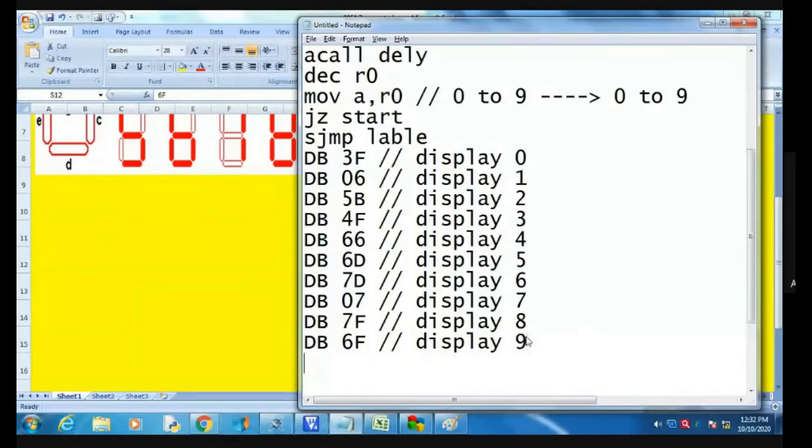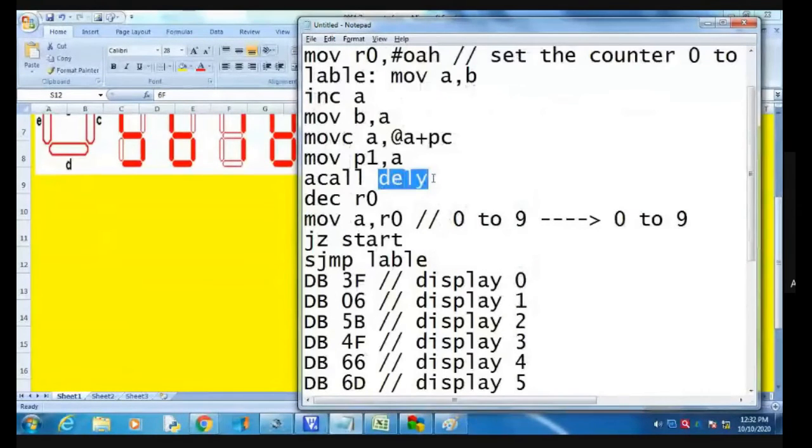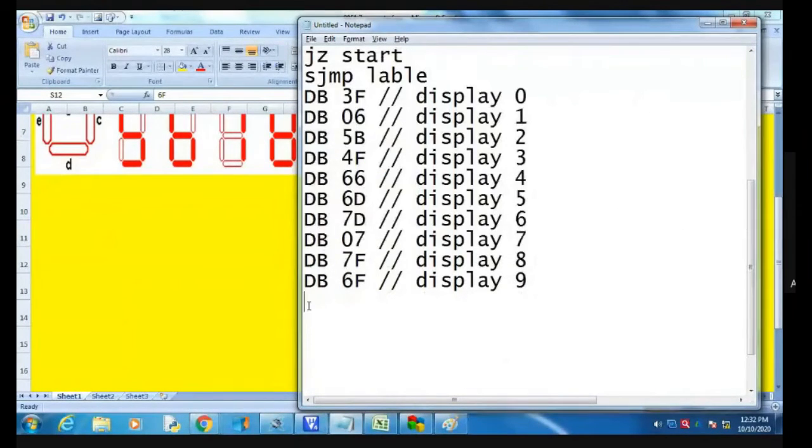Okay. After completion of this DB, what is remaining? Remaining is the delay program. My delay program as general is considered: move R4, comma, hash 05H.